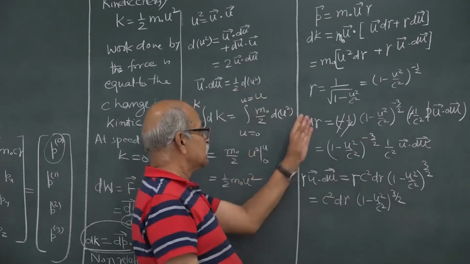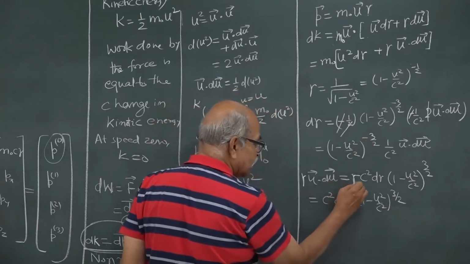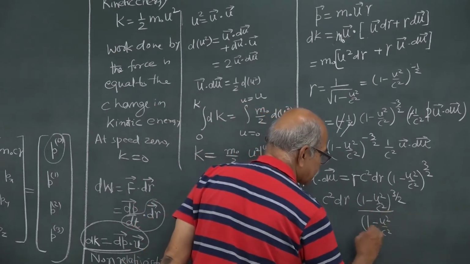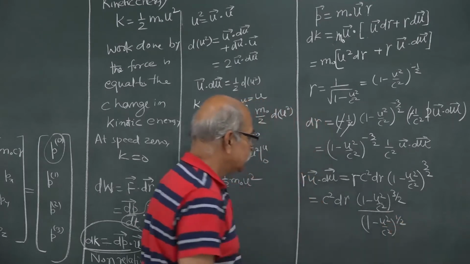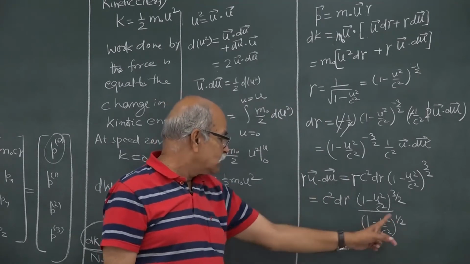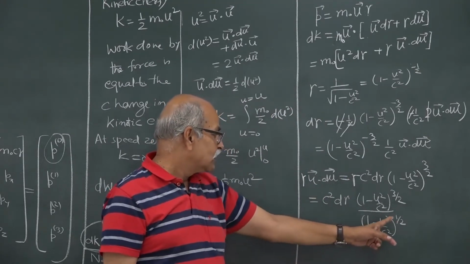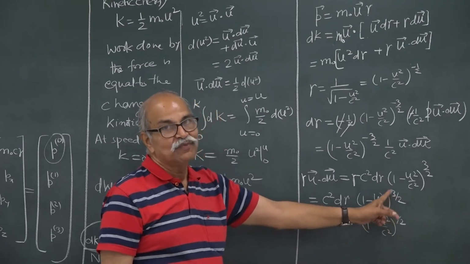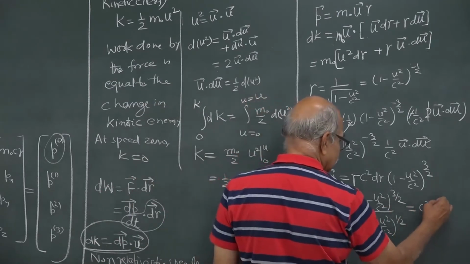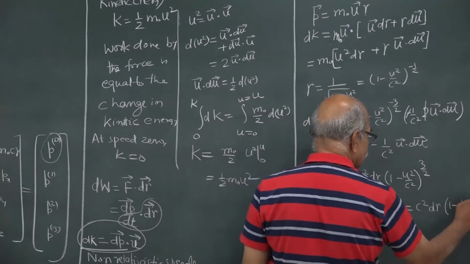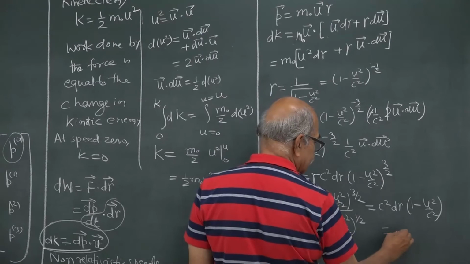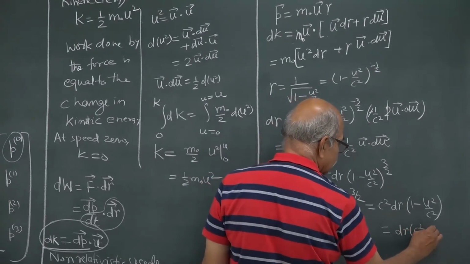The 3 by 2 has come this side, and then this gamma is 1 divided by square root of 1 minus u square by c square, and so this half power and this 3 by 2 power, they will simplify. It is c square d gamma (1 minus u square by c square). Take this c square inside, it is d gamma (c square minus u square),